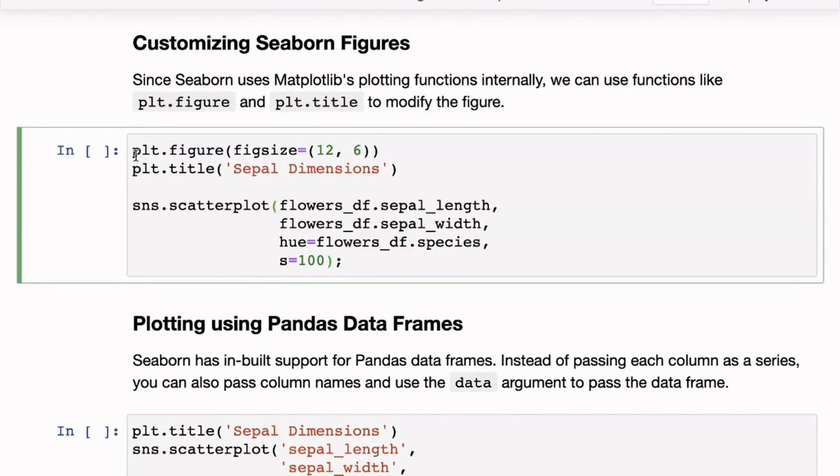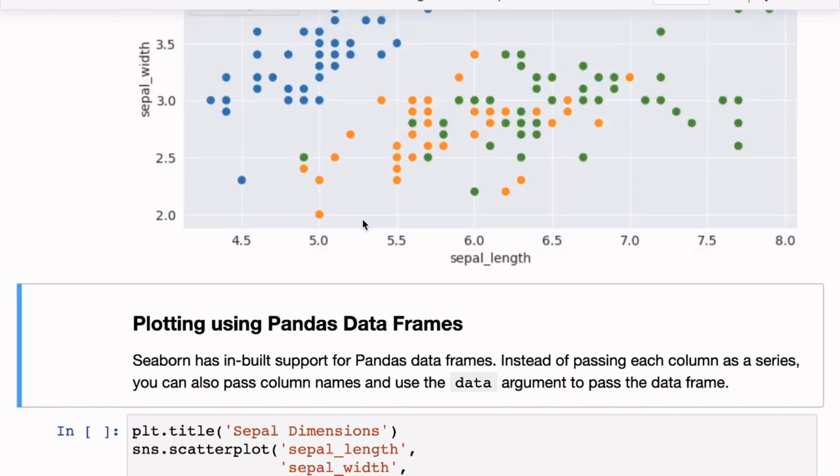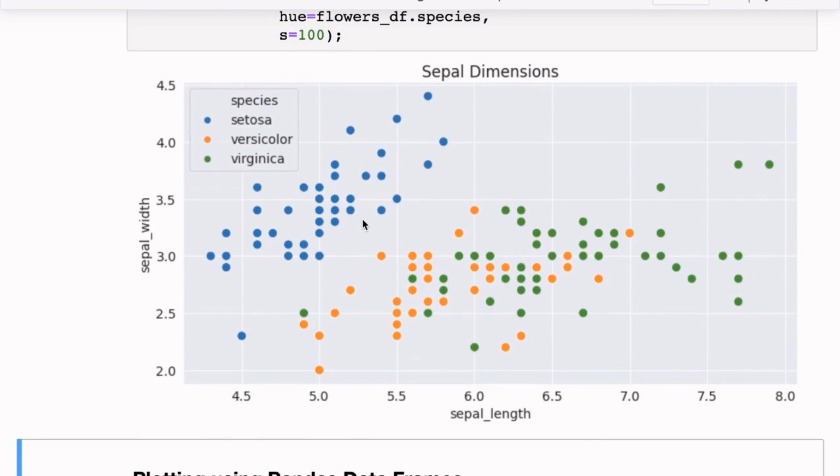along with it, you can also include some plt functions within the same cell. So you can say plt.figure, and that will apply to the same chart that is being drawn by scatterplot. And then you can say plt.title, and that will apply to the same chart as well. So in this way, you can mix and match things from Matplotlib and Seaborn. And this interoperability is sometimes really useful.